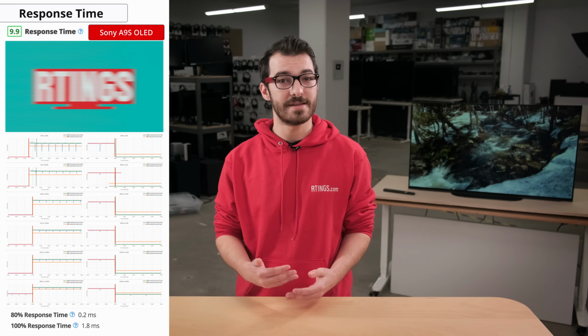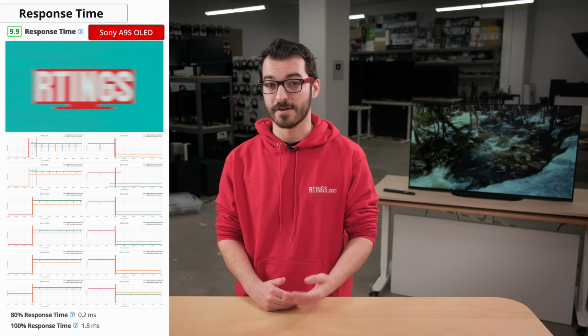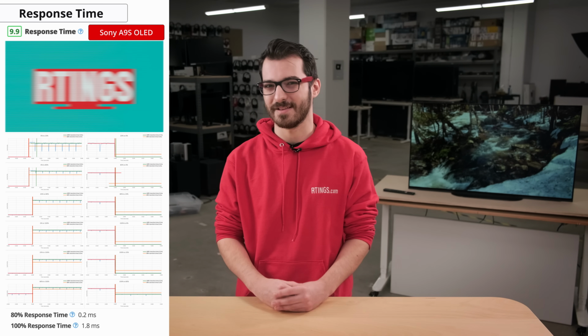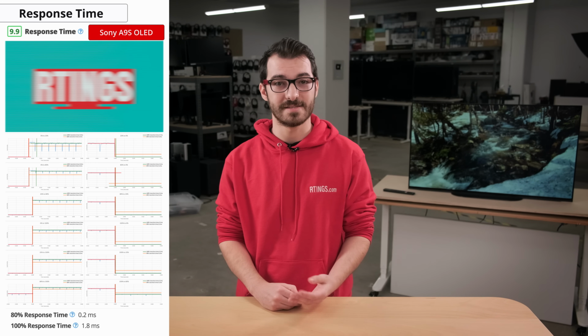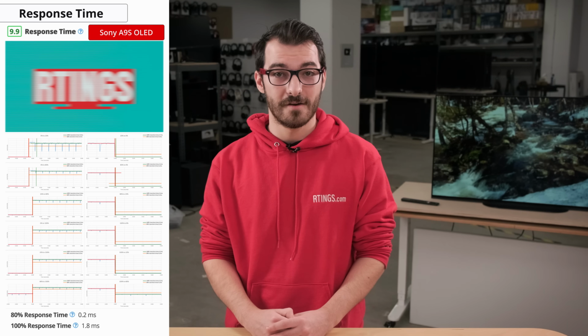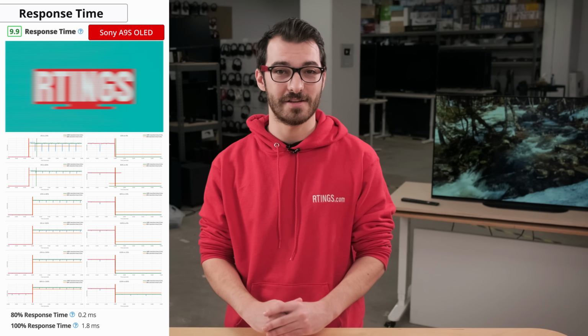Now, let's move on to the motion handling, starting with the response time. The response time is the time it takes for a pixel to change from one color to the next. A slow response time results in a blurry trail behind fast-moving objects known as ghosting, which can be quite distracting. Another benefit of the OLEDs is their near instantaneous response times, as you can see from our results. We measured a total response time of just 2 milliseconds, so there won't be any distracting ghosting when using this